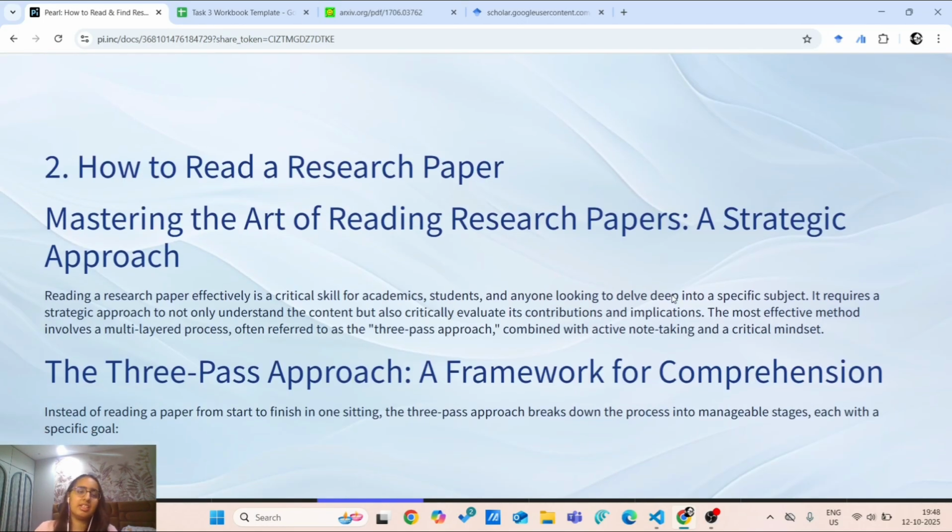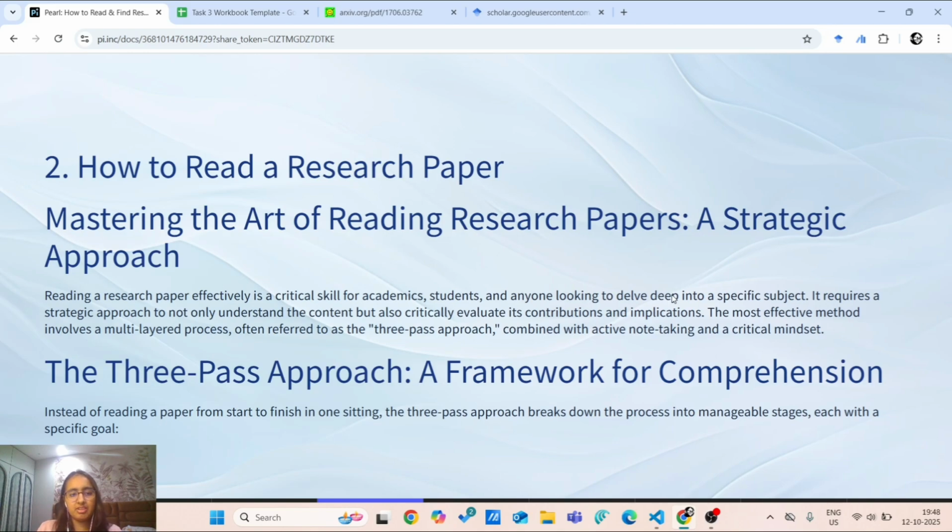Now it's how to read a research paper. There have been various papers and videos on how to read a research paper. It is a very good art that you need to master, because you would have to read a lot of papers before getting the topic of your own, and after getting the topic you would also have to read what is the current research going on. So this becomes a very important topic for you. Now, how to read them?